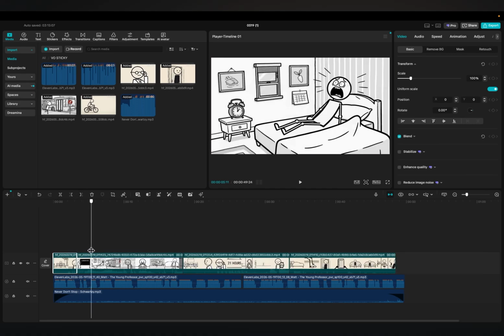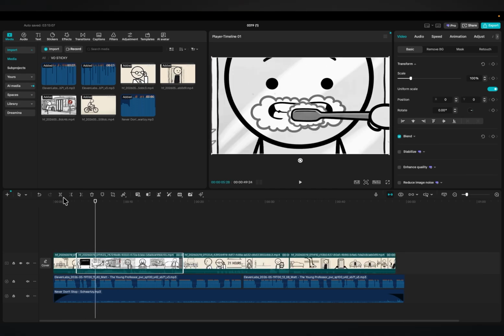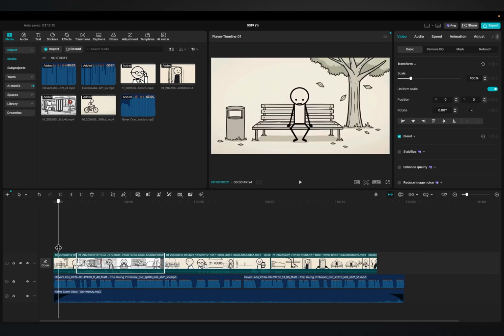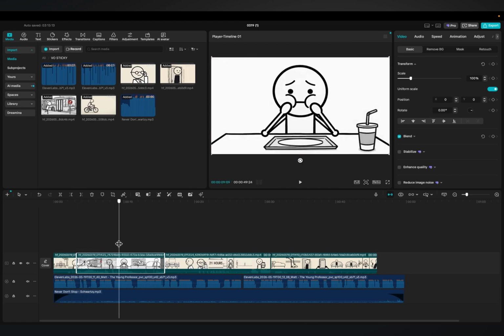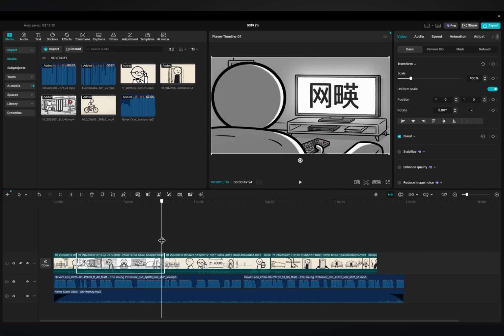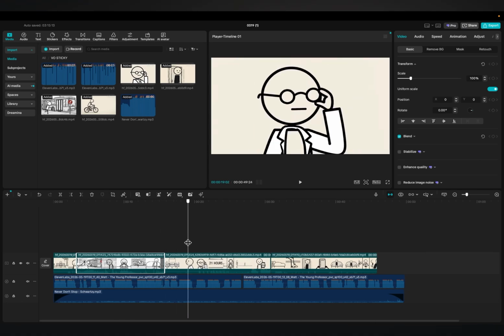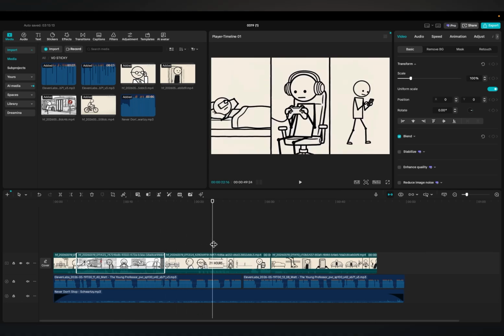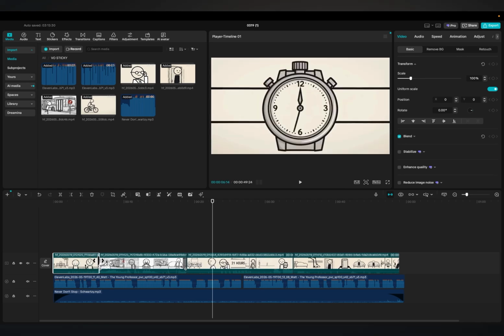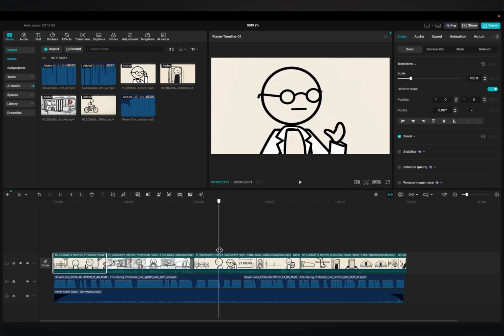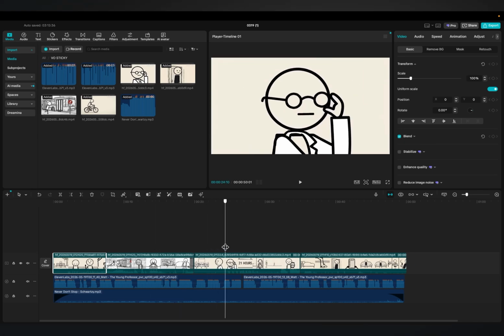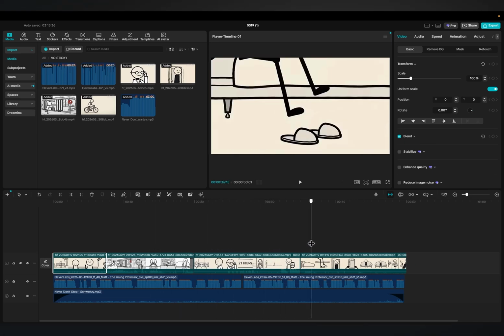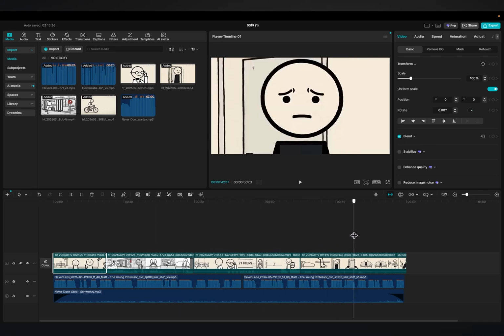This part might take you maybe 10 to 20 minutes, depending on how fast you are and how comfortable you are with editing. So just take your time and make sure everything is properly adjusted. And the nice thing is, the multi-shot generation already did most of the hard work for us. So we don't really have to stress too much about syncing everything perfectly from scratch. Just listen to how the voiceover plays out and adjust each clip so it matches the narration. You just want to make sure your voiceover and animation are in sync, so everything flows properly. Once you're done,